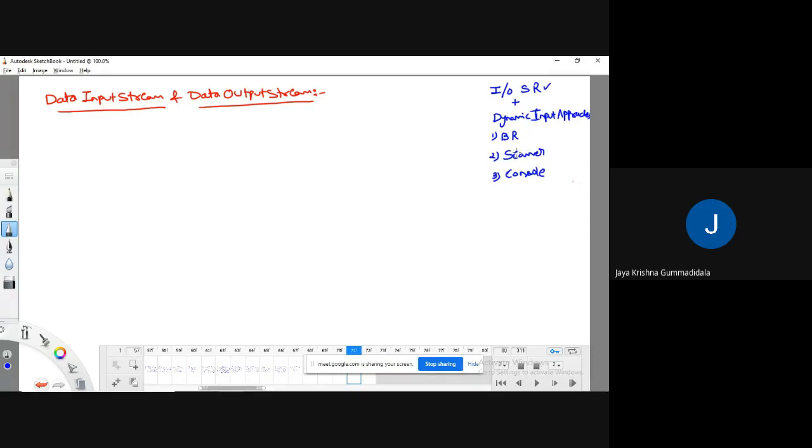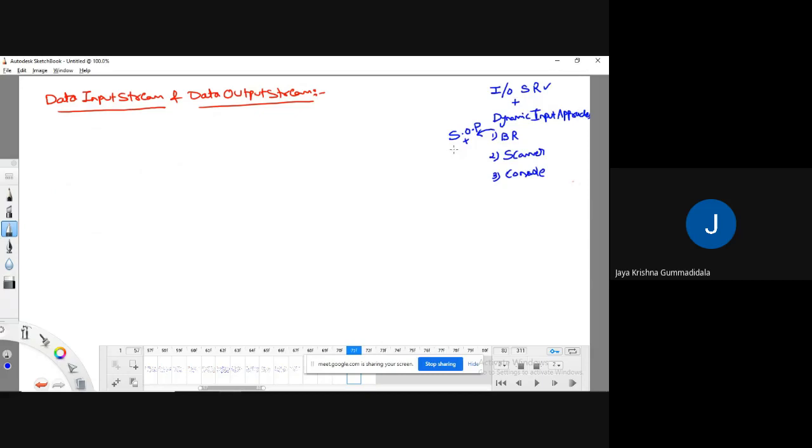For buffered reader, the problem is every time we need to write system.out.println for clear understanding, a clear representation to the user. Similarly, there is one more problem.